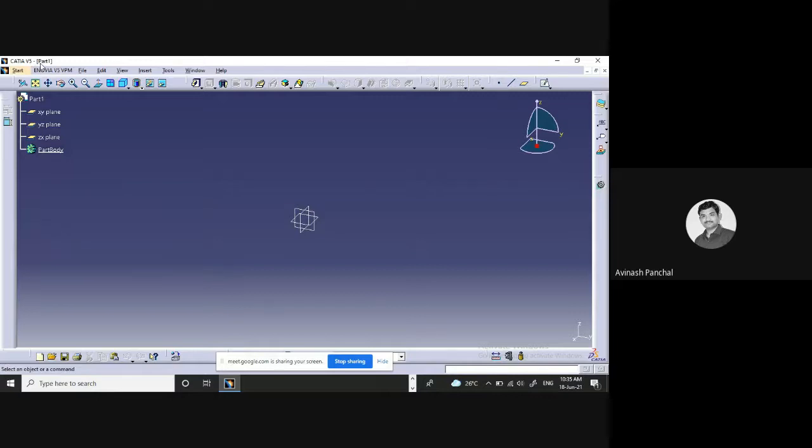So it is showing a part in front of CATIA V5. Okay. So this is the window we can get here, and in this window, after the menu bar, below the menu bar we have the toolbars. Okay, these are the toolbars.